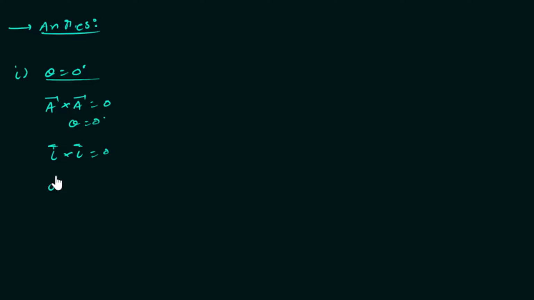Our second type of angle is theta equals 180 degrees. In this case I can take A cross minus A. Here you can see that in case of A cross minus A, sine 180 is also 0, so A cross minus A will also be 0. If theta is 90 degrees,